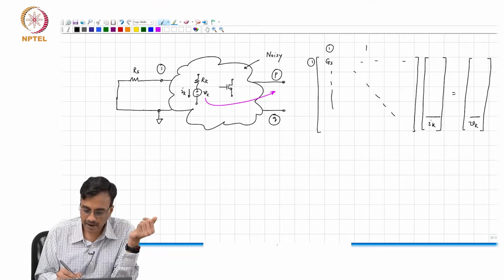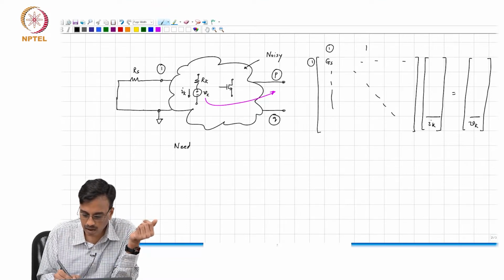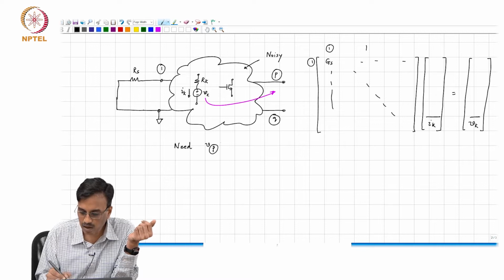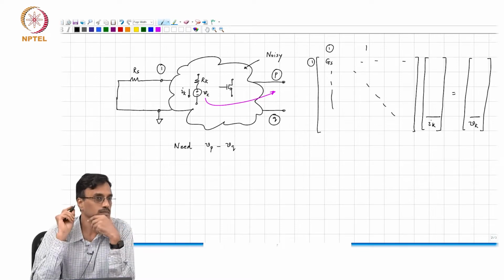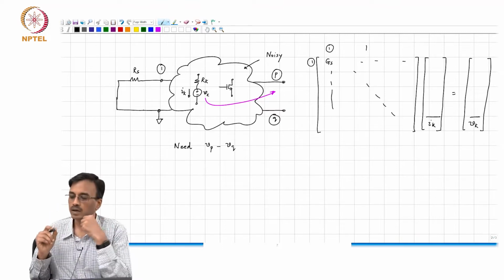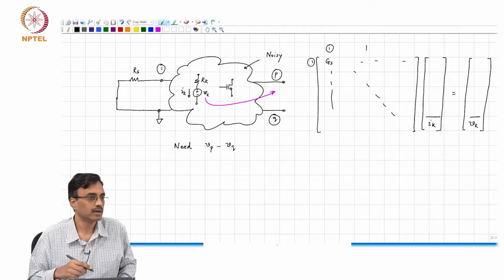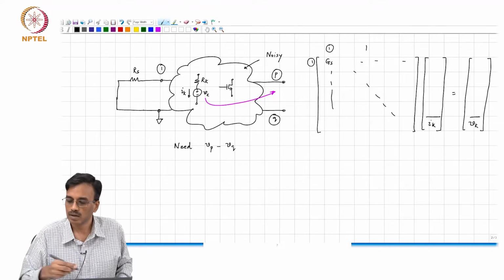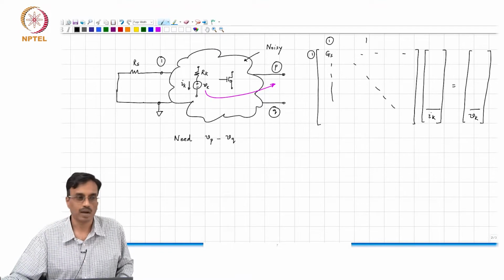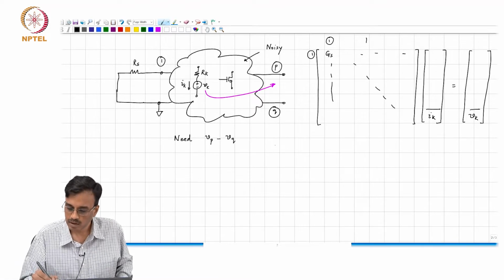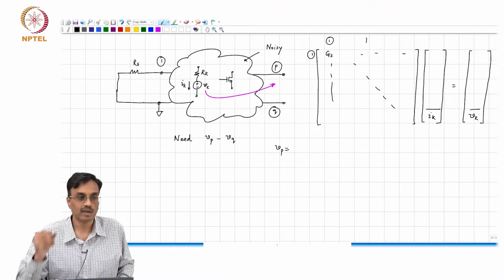We are interested in finding Vp minus Vq, correct. And how do we do that? Well, good old Cramer's rule, right. So, Vp for instance is nothing but